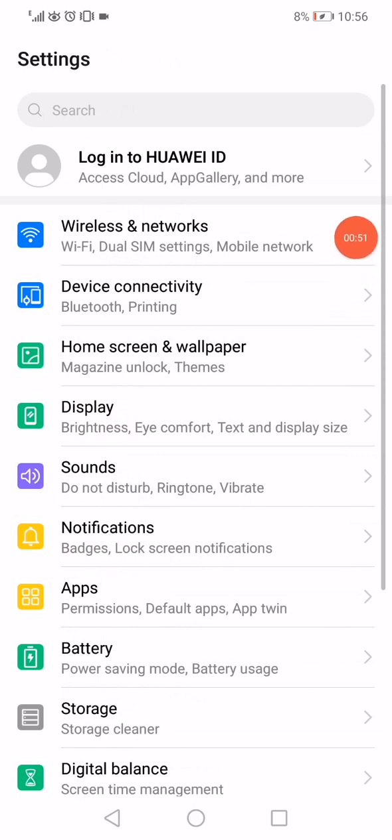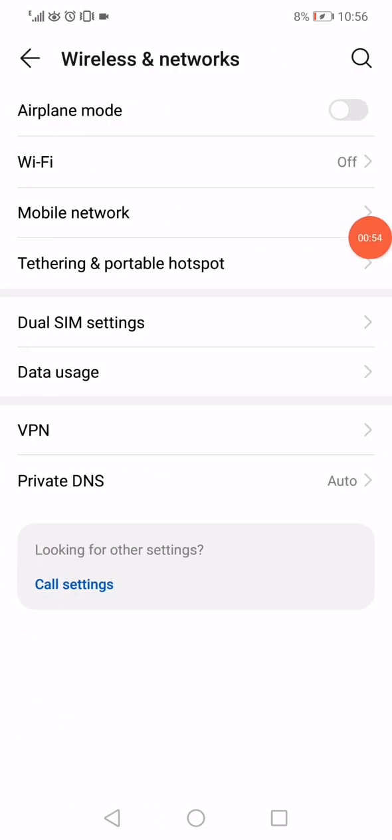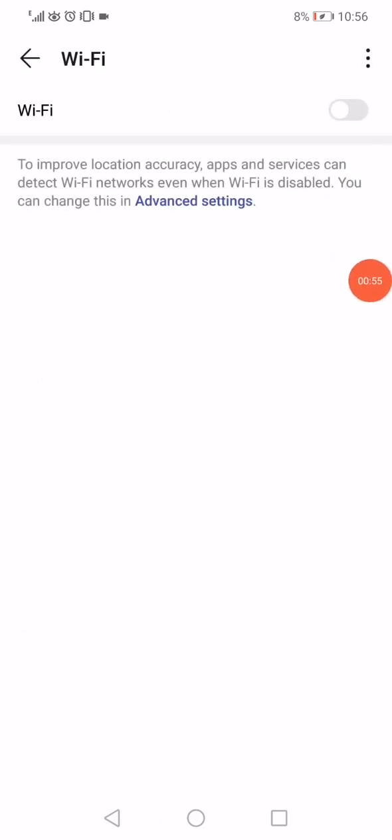on your phone, go to the wireless and networks and then enable the Wi-Fi again and the problem must be